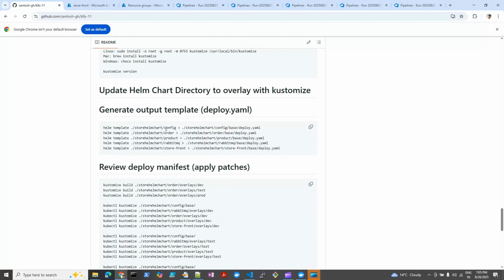We have multiple services. You can see config, order, product and all. It will take from the store Helm chart, and it will create a deploy.yaml file under the base folder of the config folder, order service, product service, RabbitMQ message queue, and storefront. So in each base folder it will create a deploy YAML file. Okay, so that we can do simply